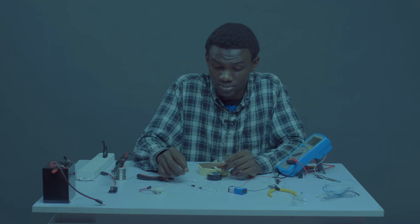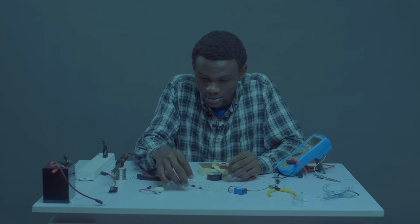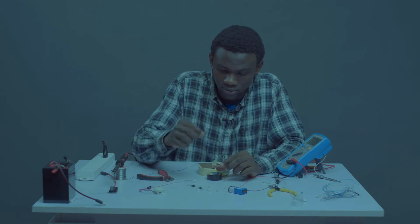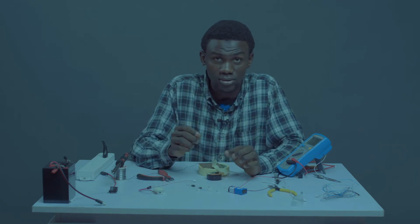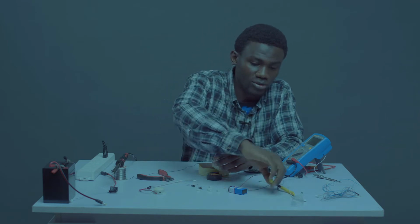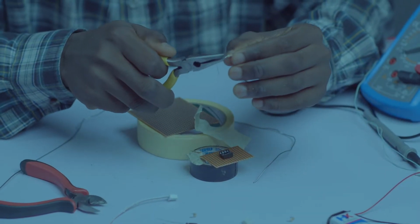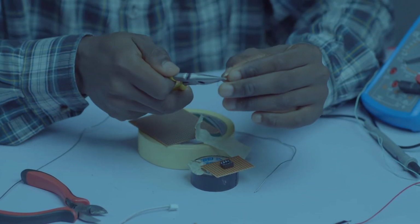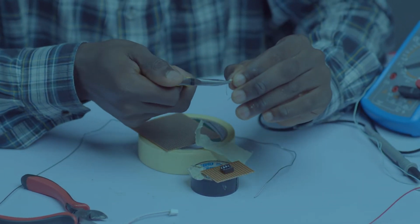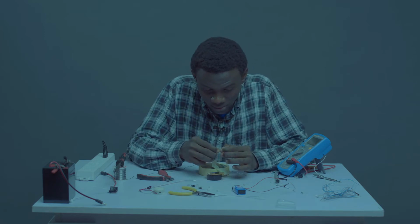Okay, let's move on. So all my resistors except for the 1K are shortened. In case yours is still long, just look at me, bend with your nose plier. Just bend 90 degrees like this. That's fine. So I'll be picking up my 47K